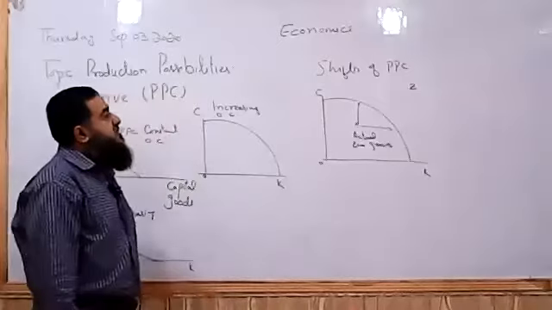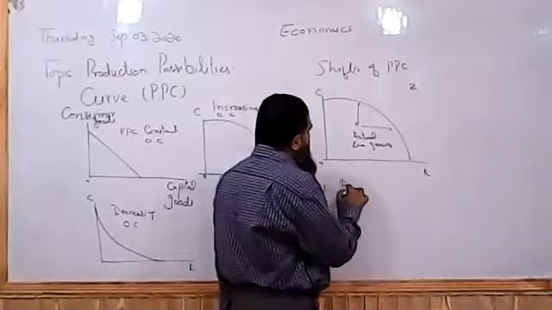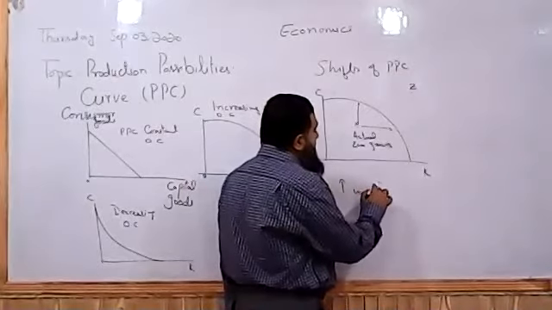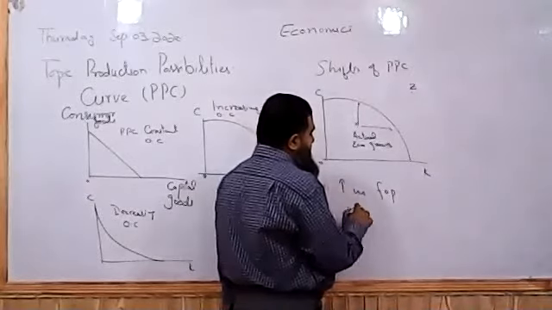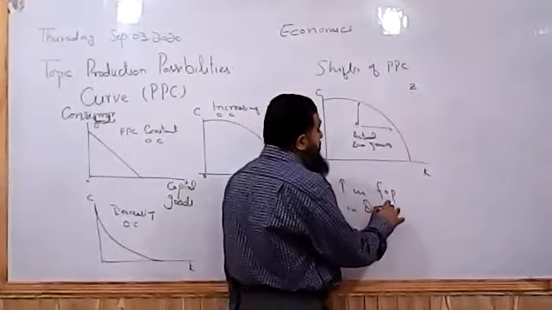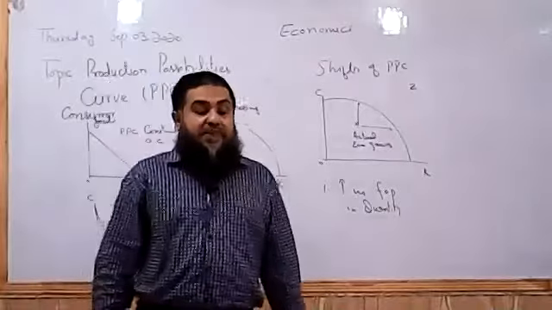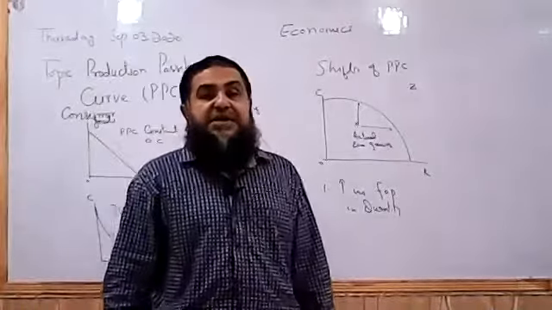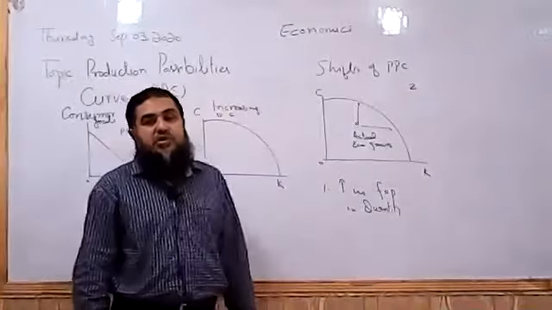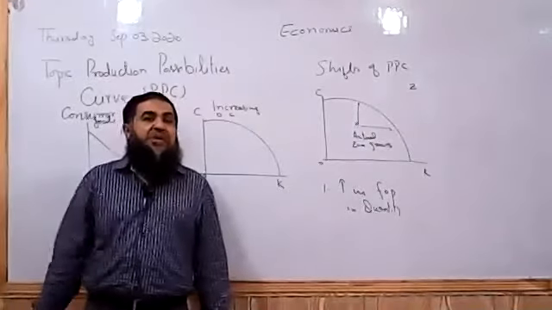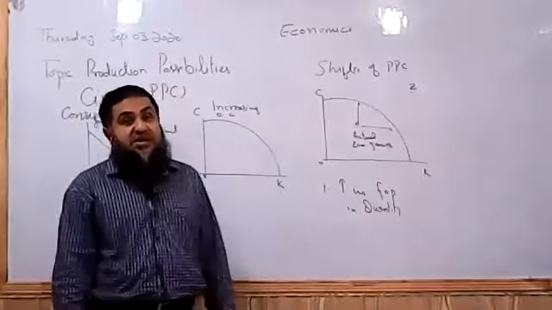How to attain this point Z? There are different ways. One is called an increase in the resources or factors of production. Resources can be increased in quantity, like having more quantity of resources like land. Different types of raw materials have been explored, like gold mines and oil. Many of the raw materials, many of the non-renewable resources, have been explored by the experts, by the scientists.